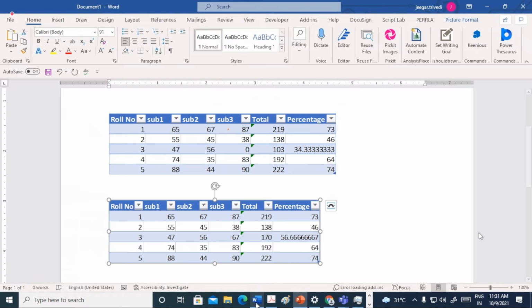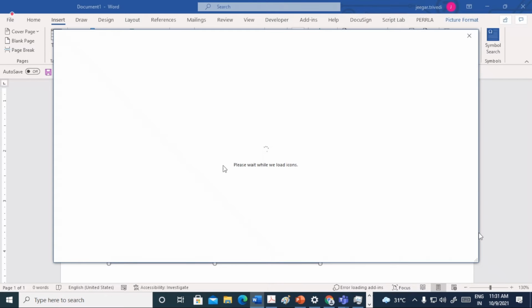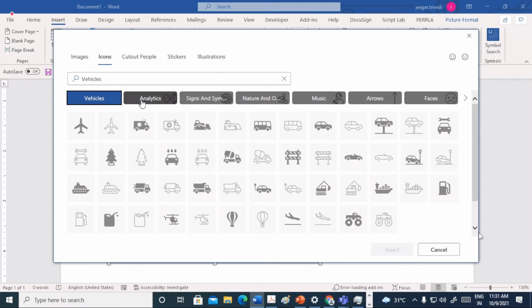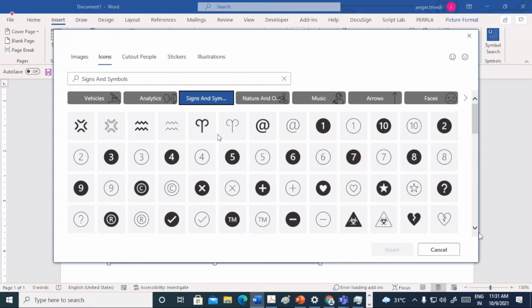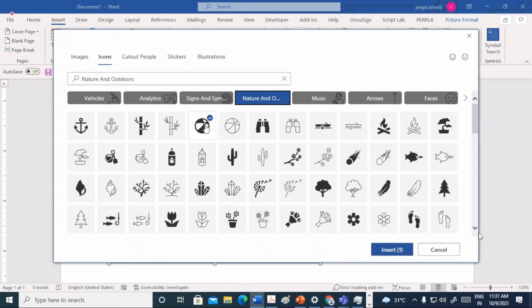So if you open this insert, you can see shapes, pictures, for example icons. Please wait while we load the icons, and you can see so many icons of different types that are directly taken from the internet. Let us say I want to insert this.